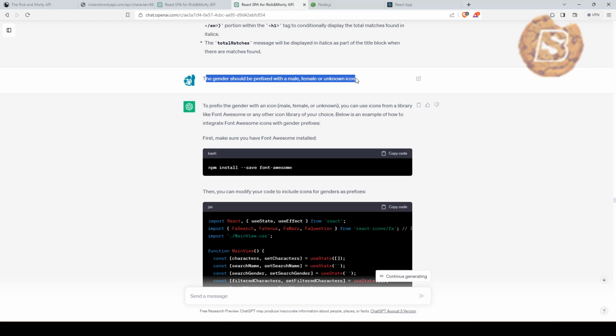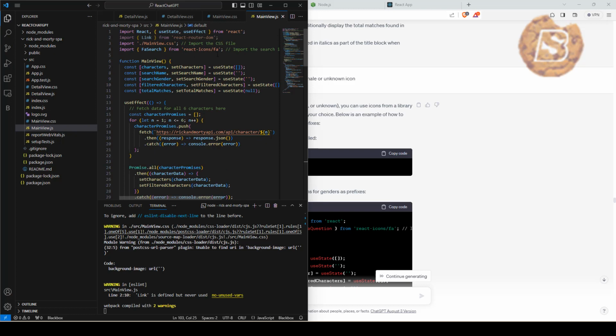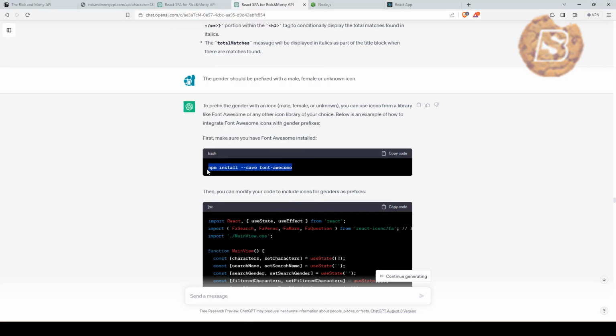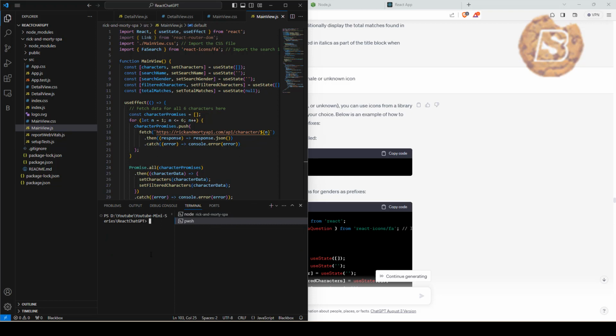And now I'm saying that the gender should be prefixed with a male, female, or unknown icon. And for that, it says that you need to install Font Awesome. If I go back to our main view.js, we can see that I don't have it right now. So to install, we'll copy this command first and we'll go over here. Let's open up a new terminal window and go inside this directory. Then we install Font Awesome. Once that's installed,